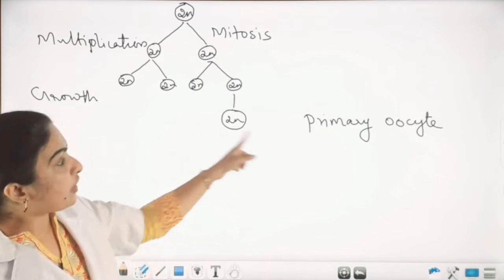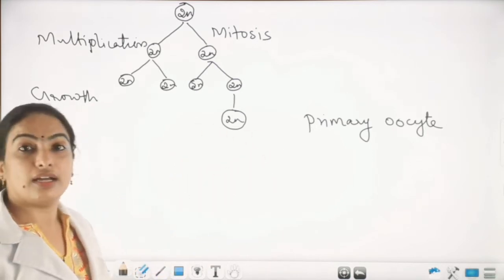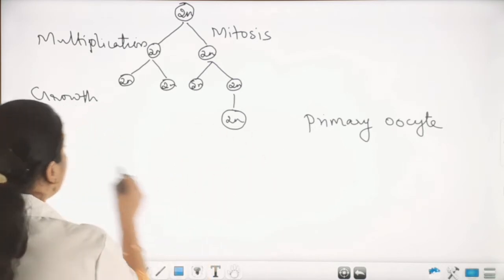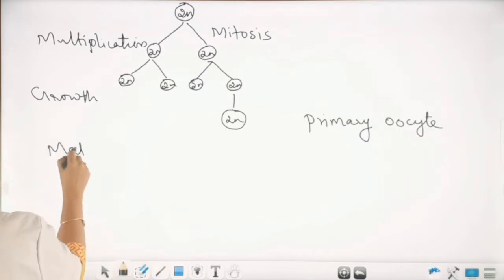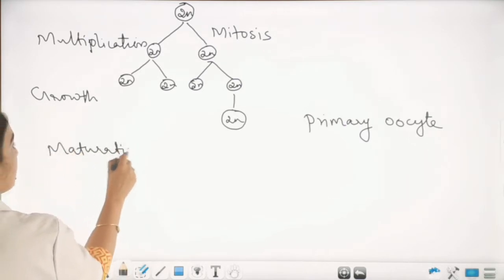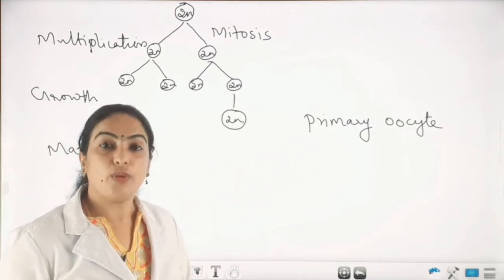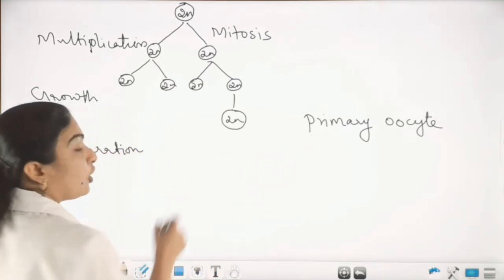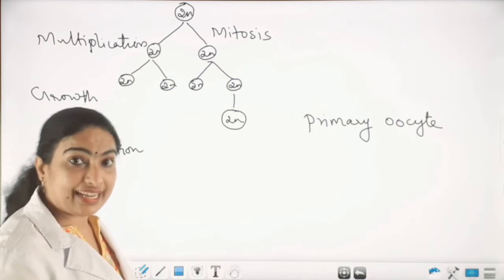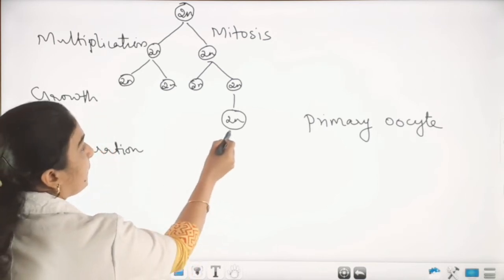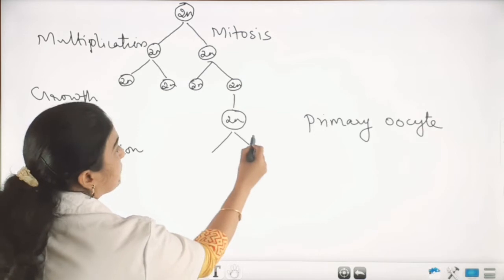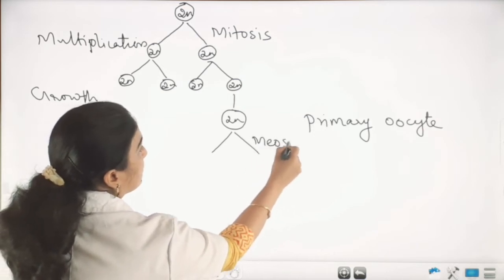Okay. And this primary oocyte gets into the next stage, that is maturation stage. So in the maturation stage, the primary oocyte undergoes meiotic division. Meiotic division, you know that it is a reductional division. So after meiosis 1,